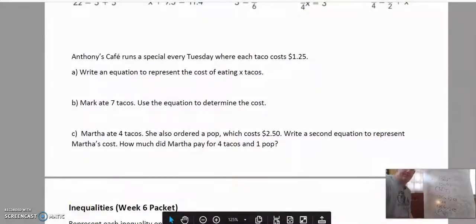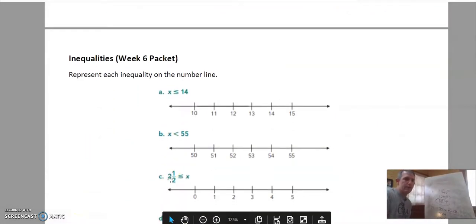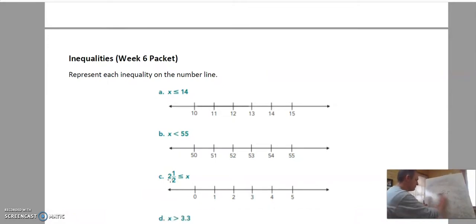All right, almost done. Inequalities. Represent each inequality on the number line. So the first inequality, x is less than or equal to 14. Remember, this means that this side is smaller than this side, and the line underneath means that it can be equal to. So when we graph that, we're saying circle a dot,